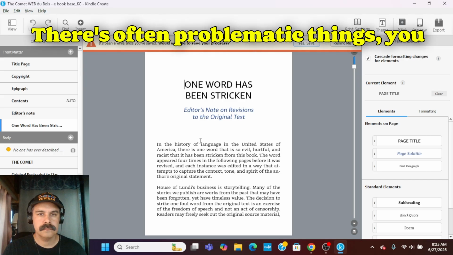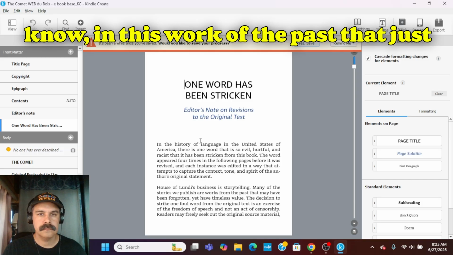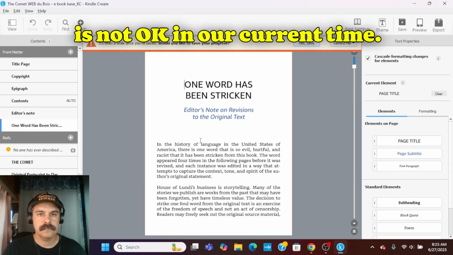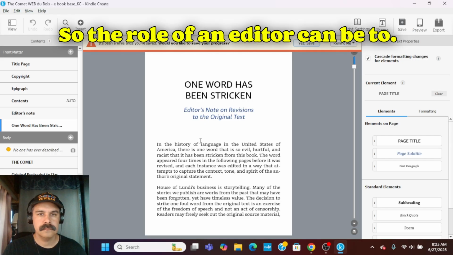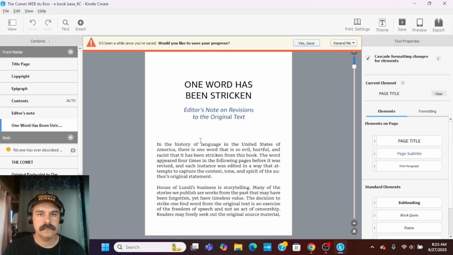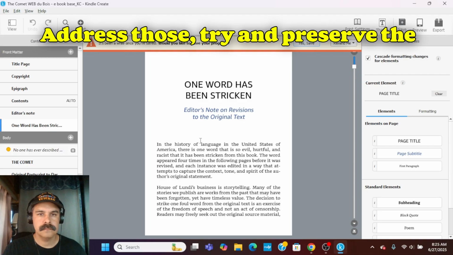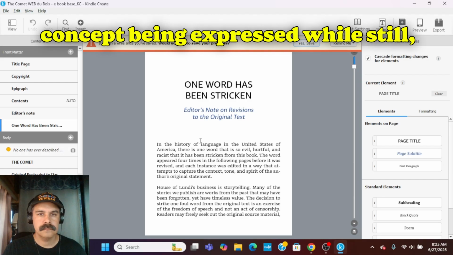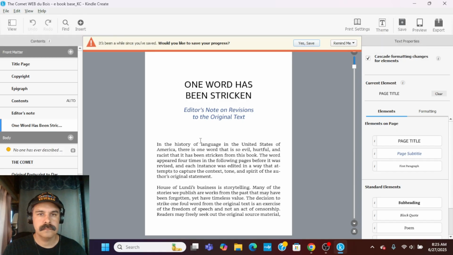There's often problematic things in this work of the past that just is not okay in our current time. So the role of an editor can be to address those, try and preserve the original spirit of the thought of the concept being expressed, while still